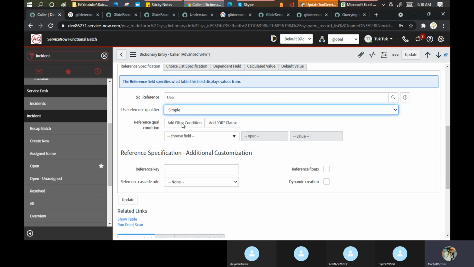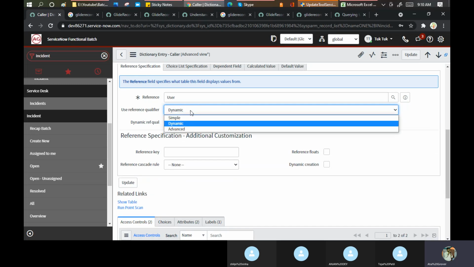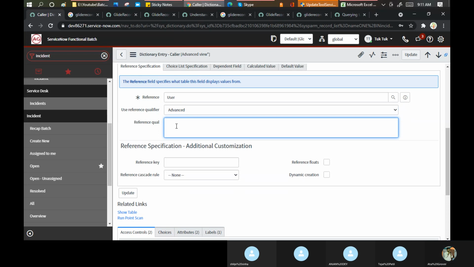I can put a dynamic one as well. Then I need to write some code here. I can put an advanced one as well. Here I can put the employee ID coding as well. I cannot show the code because I don't remember it, but this is the place where you can make a change in your reference qualifier very easily. So whenever my search is there, my employee ID should also be printed here. You can get the code easily on the internet. As I have no idea, I cannot give you the exact code here, but I can suggest where you can make the changes.